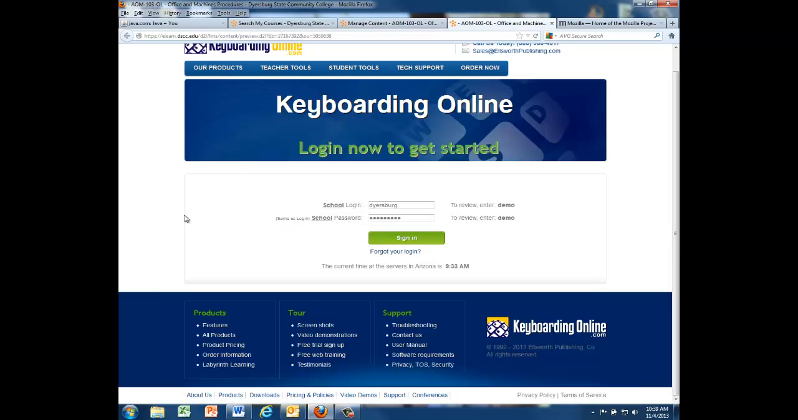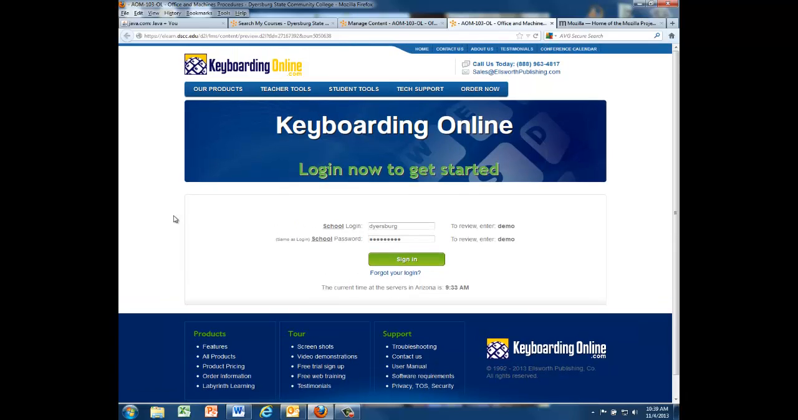which takes me here. And the password to get into the 10 key mastery program is Dyersburg. Well, actually the login is Dyersburg, the password is Dyersburg for everyone. Once you get in, there's another username and password that's unique to you as a student to identify your work from everyone else's. So I'm going to click sign in,